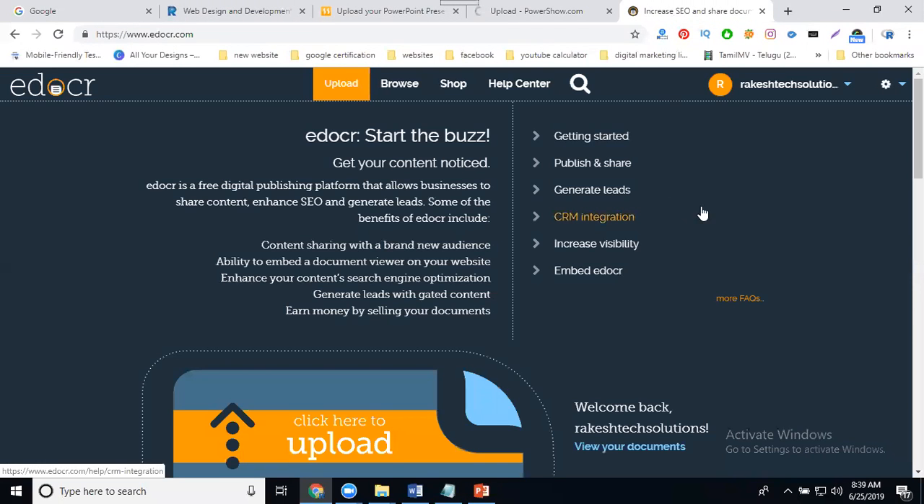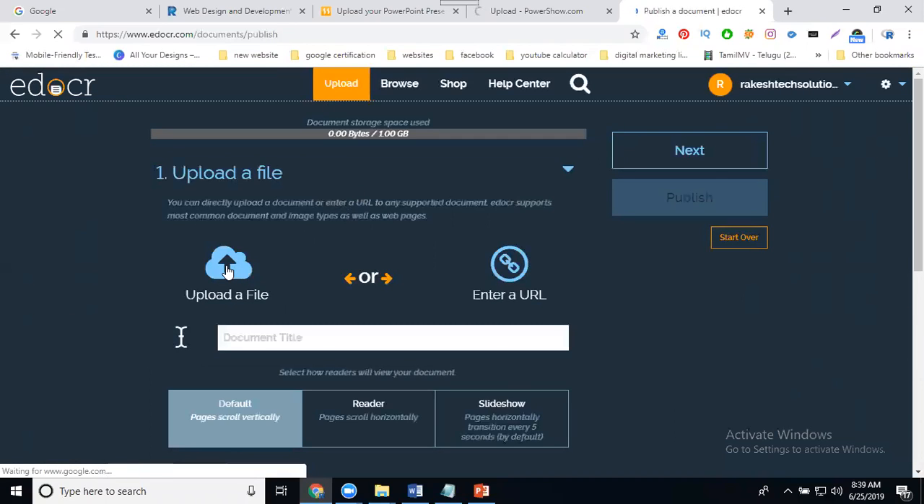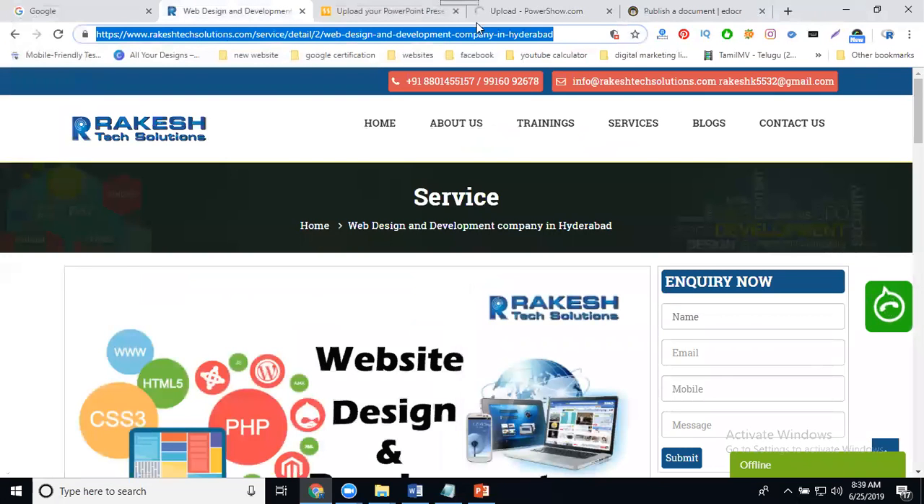Next one, same like eDoc.com. Simple, you can click upload. But when you submit an article, different options will be there. Some will be used for options here. See this: upload your file, or enter the URL. Two options for an article. Enter the URL and upload. Entering the URL is nothing but adding your website,